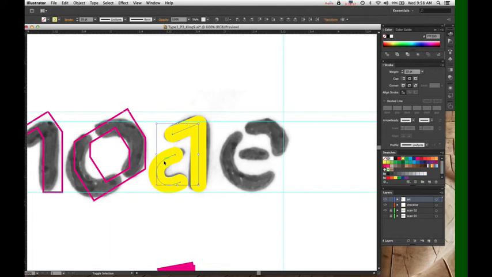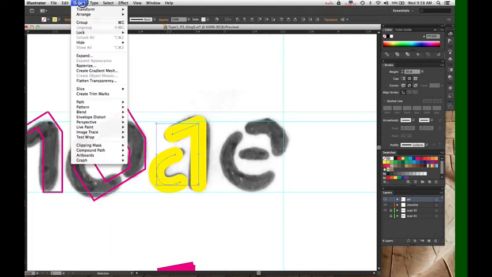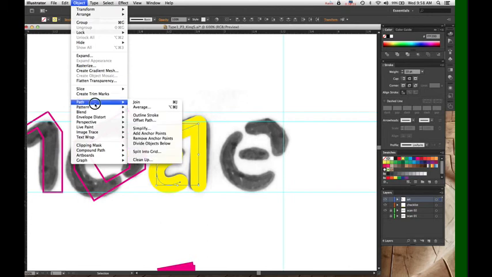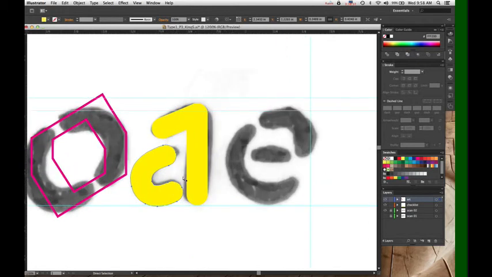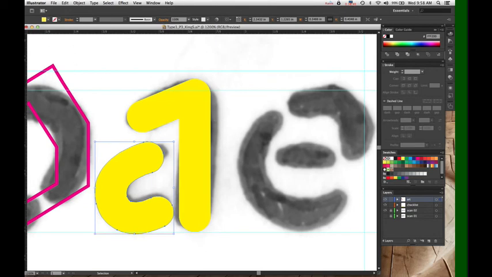I have built my skeletal letters, but now they've only taken me so far. You can select them, go to Object, Path, Outline Stroke. And what that did is that turned it from the center line stroke and made whatever the thickness of the stroke was the outside of your shape. Okay, so now I can go in and